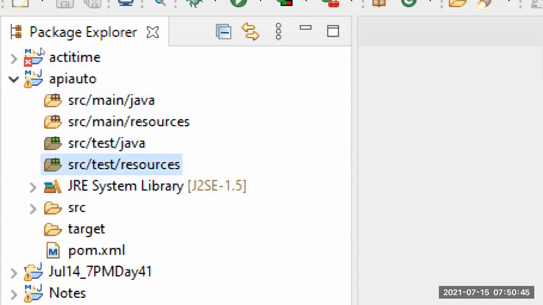And the entire thing is controlled using a file called pom.xml. POM stands for Project Object Model. What is the full form of POM? Project Object Model. We also have one more Java concept called POM, that is Page Object Model. That is different. That is a design pattern. This is the Project Object Model. And in this case, what we do is we specify the jar files to be downloaded. That is called a dependency.